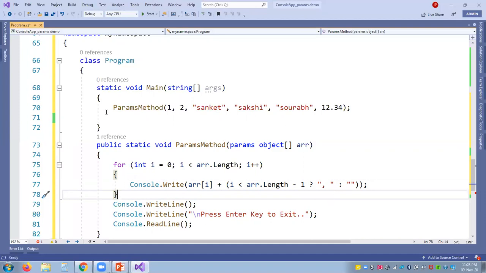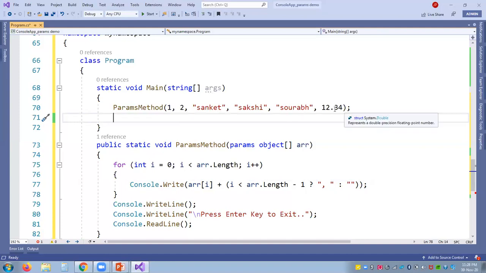Within this params method, I'm going to send different kinds of data. In the first set I'm sending 2 integers, then 3 strings and then 1 decimal value. Accordingly this object array will hold them and calculate the length, and as per this conditional operator it is going to get displayed.